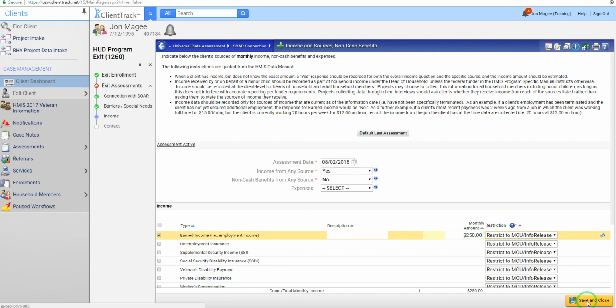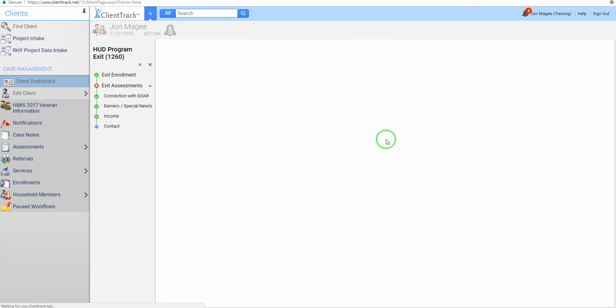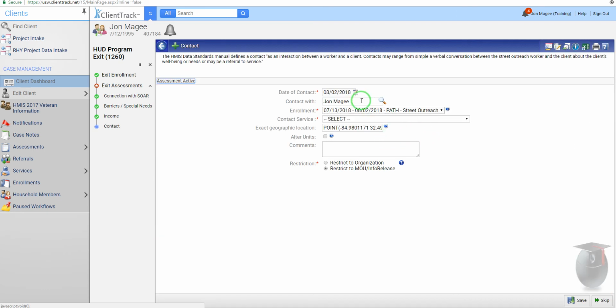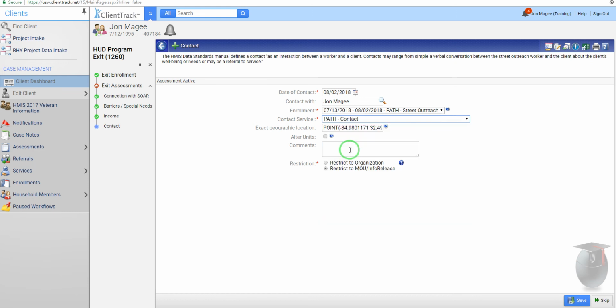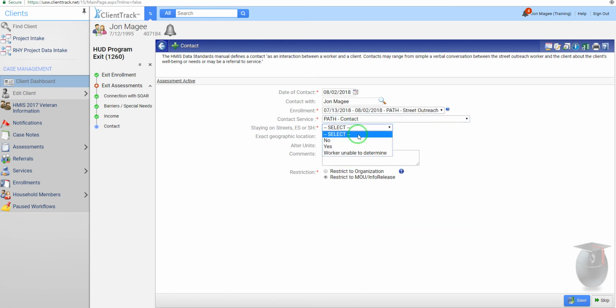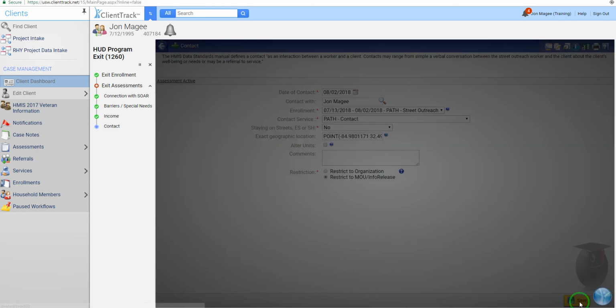We'll go ahead and update that there. And then this will be recorded as a contact, kind of maybe our final contact here. So we'll go ahead and choose PATH contact. And they are not staying on the Streets, Emergency Shelter or Safe Haven now because we have just exited them to housing. So now we'll go ahead and click save